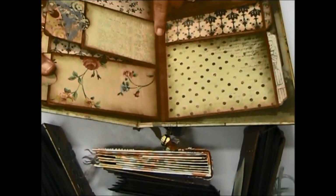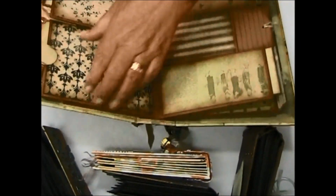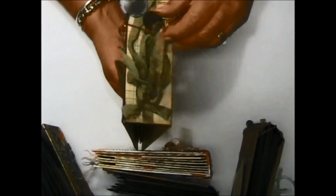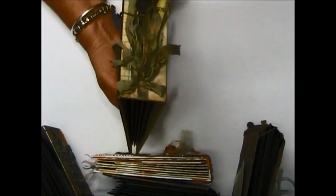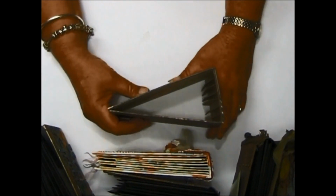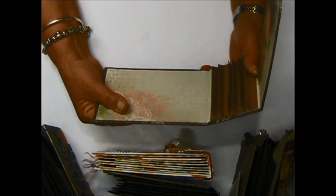You can have your ribbon going through all of your page gussets and bring them all around and tie them up and have lots of bows hanging down. There's lots of ways you can get around covering that join. Okay, so I guess you want me to show you, I'll give you the measurements to the